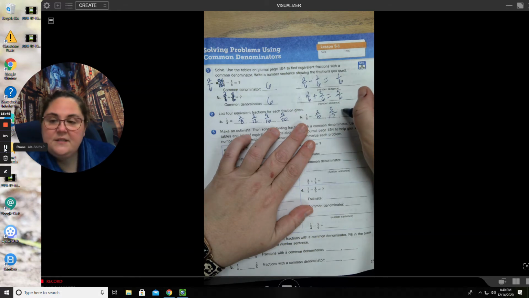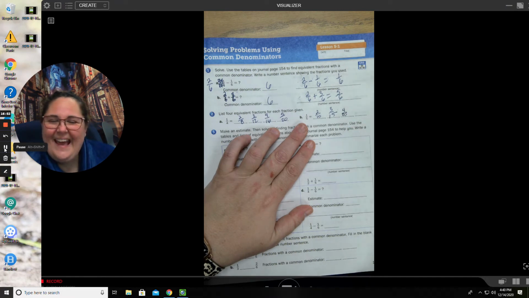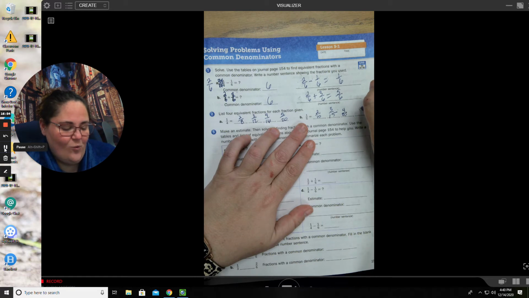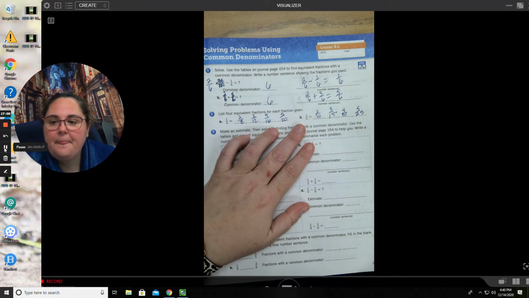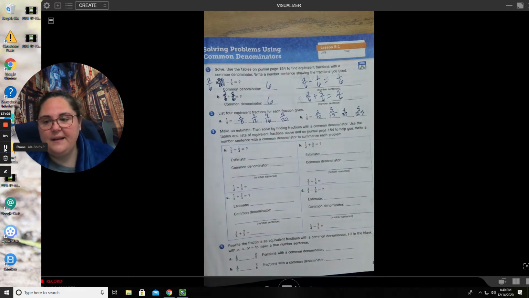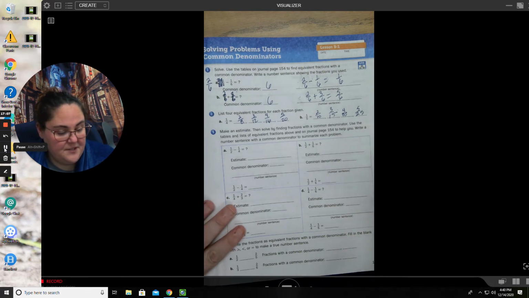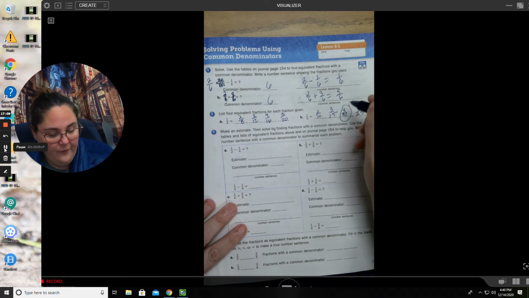1 times 4 is 4. 5 times 4 is 20. And finally, the last one, 1 times 5 is 5. I'm sorry, 5 times 5 is 25. So based on this right now, we can have our common denominators of 20 if we needed to add or